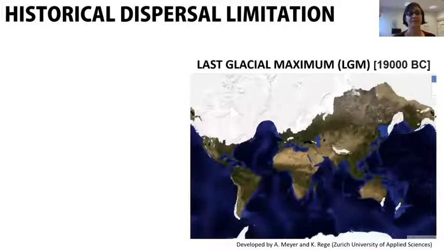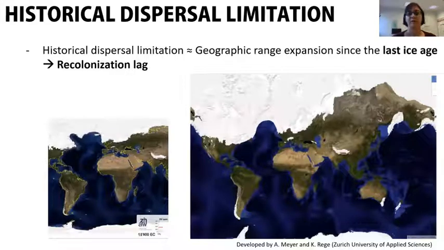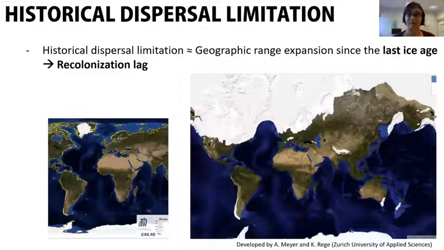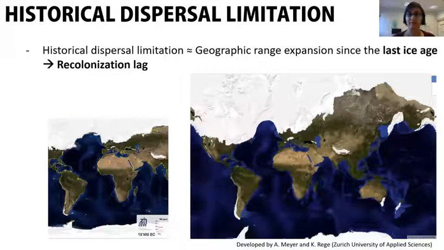So with these things in mind, what we have done these years is use the distance decay models and patterns to assess historical dispersal limitation in different taxa. What we mean by historical dispersal limitation is that not so long ago, 20,000 years ago, the northern